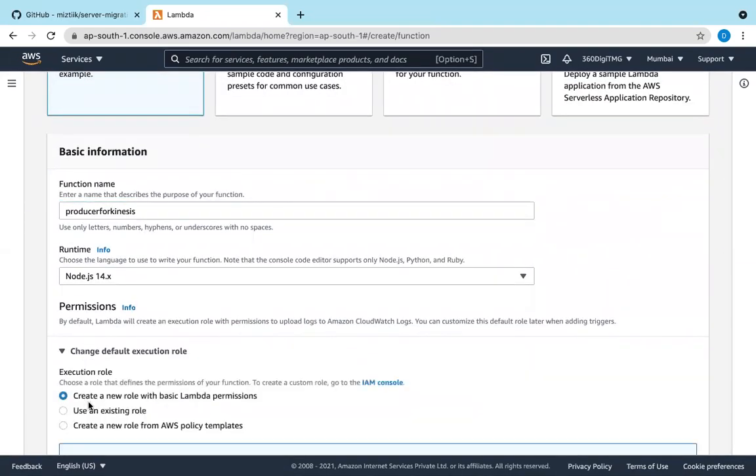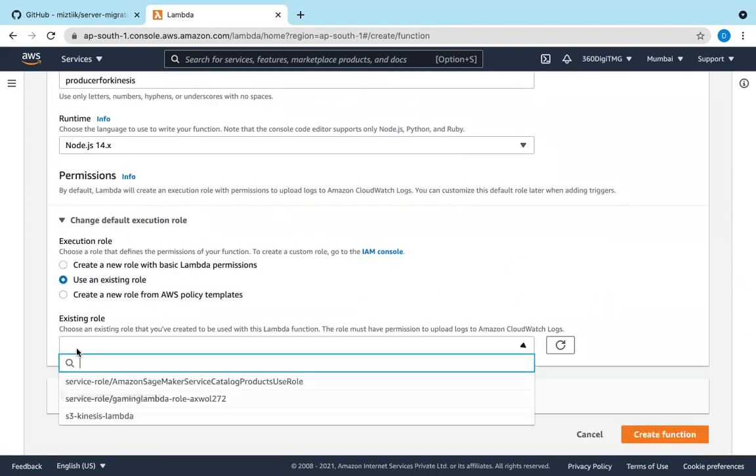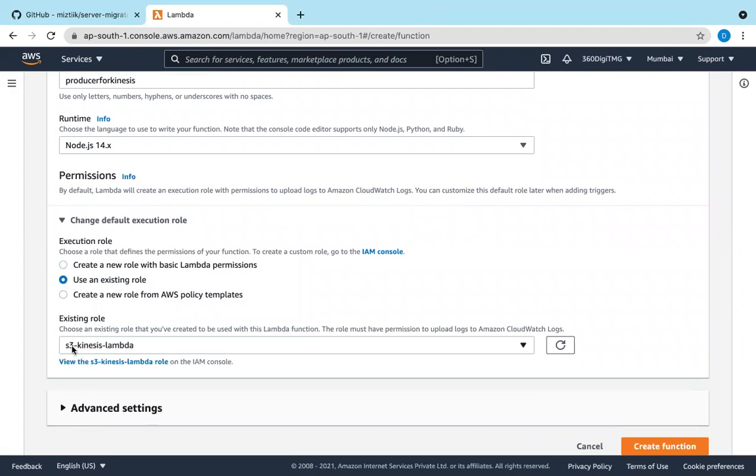And permissions. You can go with basic Lambda permissions and then edit the role which Lambda creates, or we have already created one role. Let us use the existing role. This role, which we created yesterday, has S3 full access, Kinesis full access, and CloudWatch full access for the Lambda service.